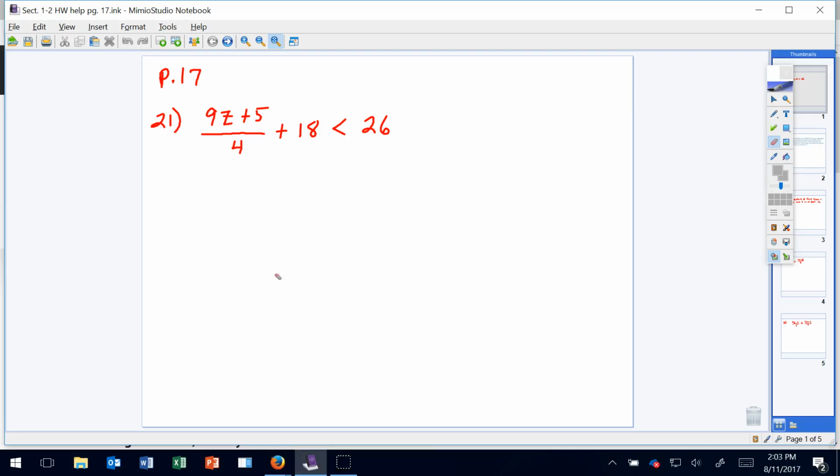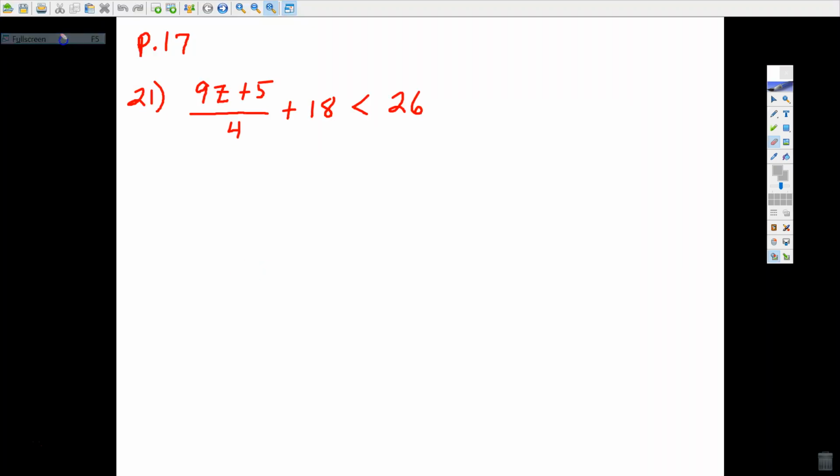I want to provide you with some help on the section 1-2 homework, and I've just selected a few problems here that I hope will be of some help to you. Here's number 21 on page 17. The directions are to solve the inequality for z, and then show the solution